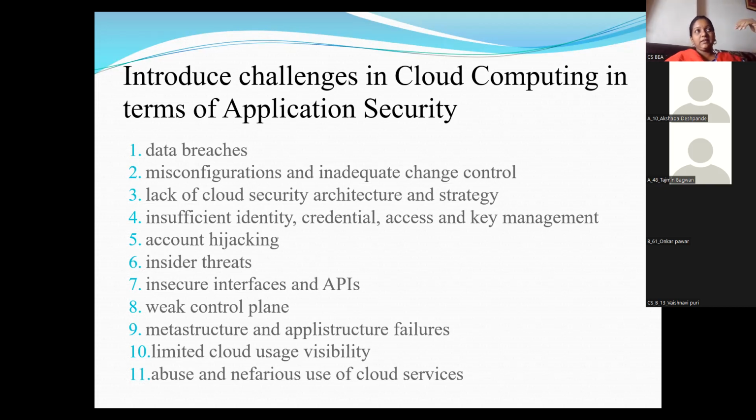In many of the serials and many of the movies, we might have seen these kinds of things, like those who were your former or previous employees, then your contractors and partners, those who are not getting a proper contract or service with your company, who have some kind of negative feeling toward your company. They may cause harm to your data, isn't it? They may try to look into your data.